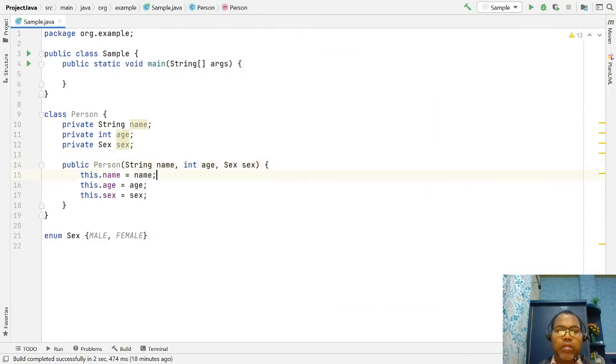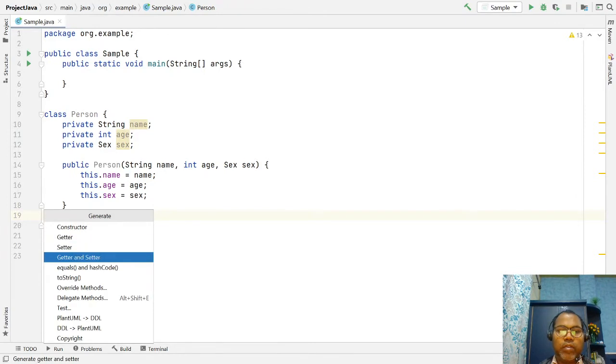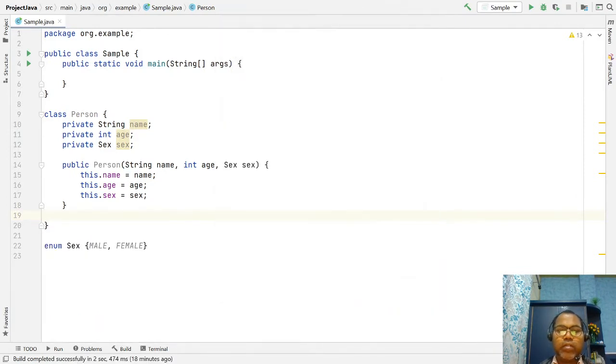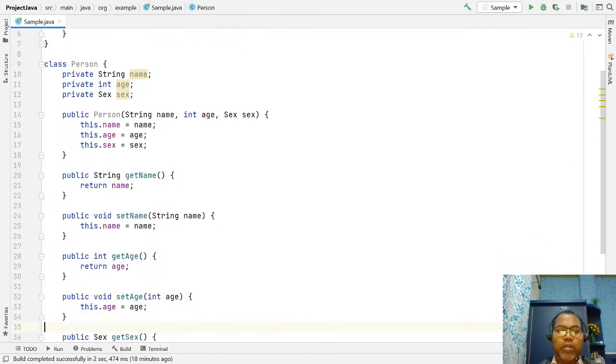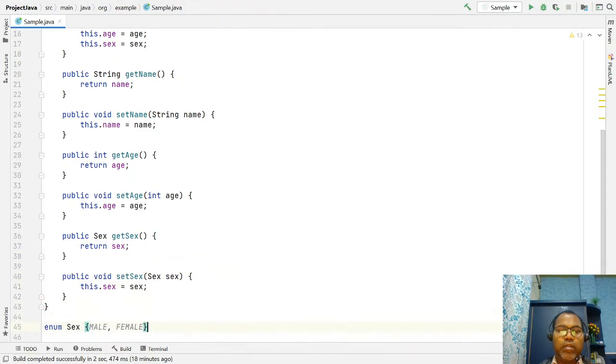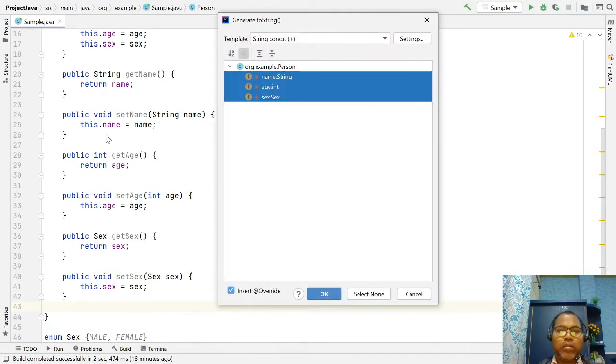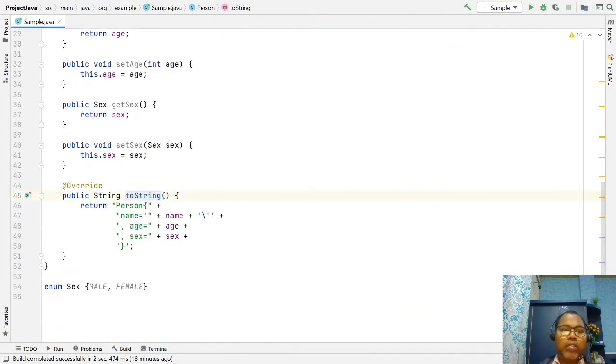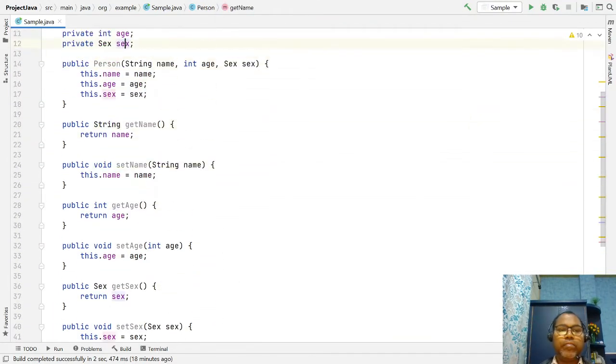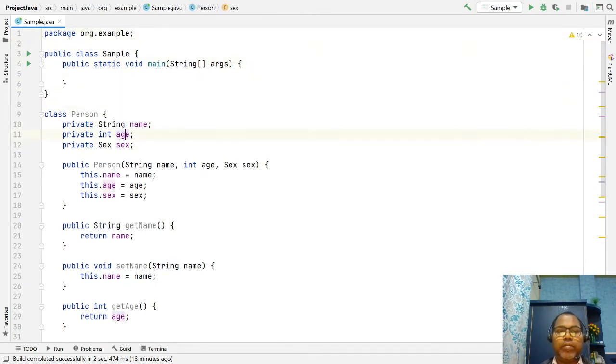Okay, and then let's create some getter and setter for this, and we are creating that. That's done. Let's create a toString. Okay, this is the way we have created your POJO object, and now we are going to create a function